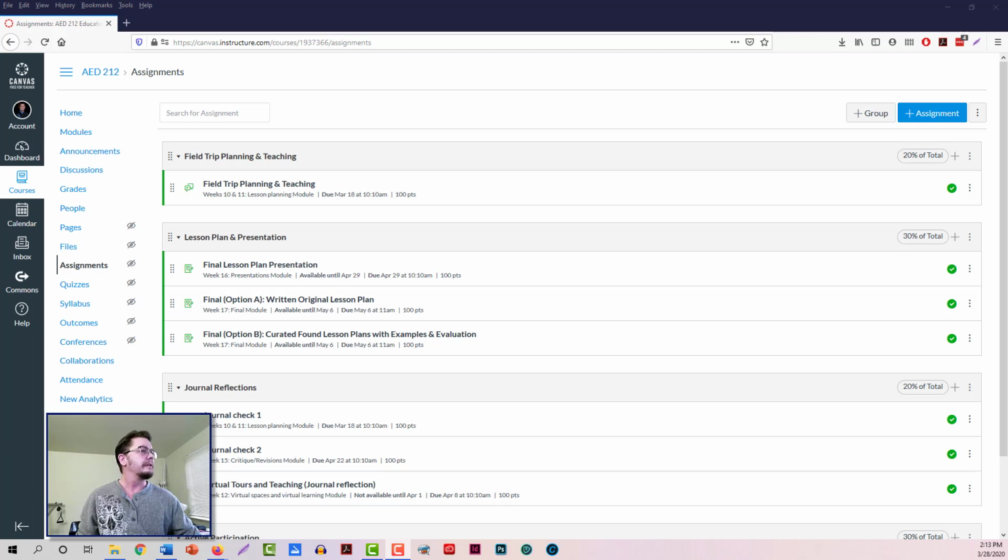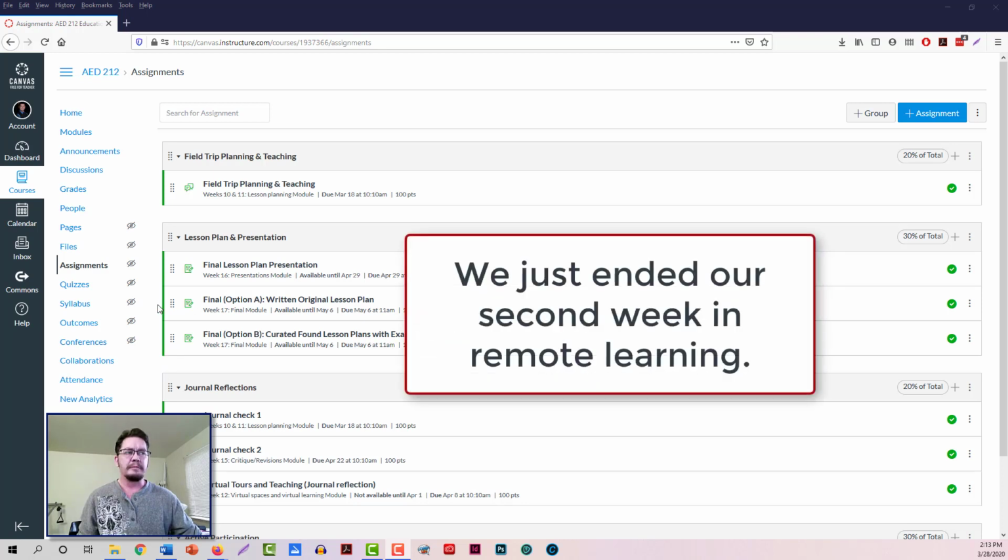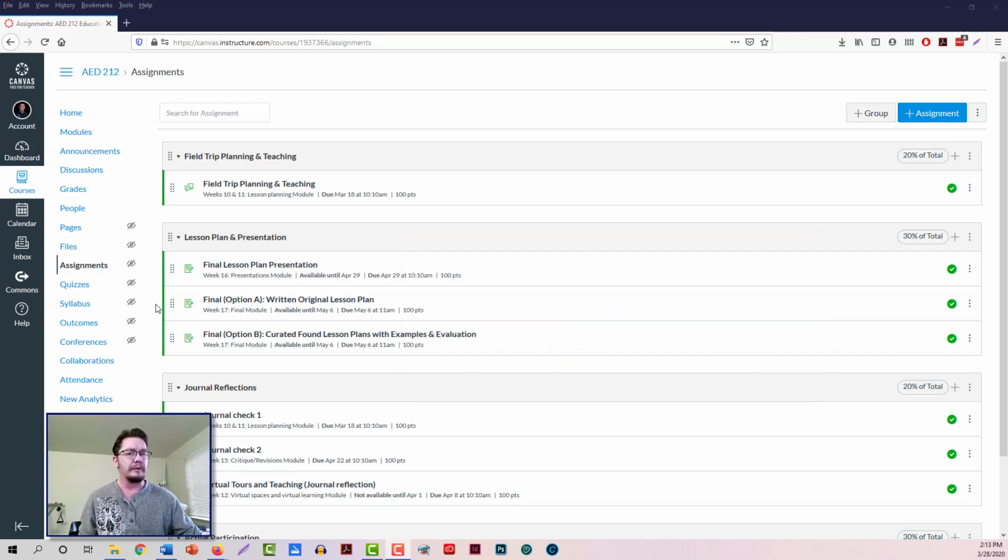Here I am in a dummy shell course that is a mirror of an existing course, and because we've gotten into remote learning, there may be some issues as to some students having access and others not to the materials and information that they had prior to us going into remote learning, from which the original final project assignment was based. Because of that, I have made an alternative option here that is an equivalent